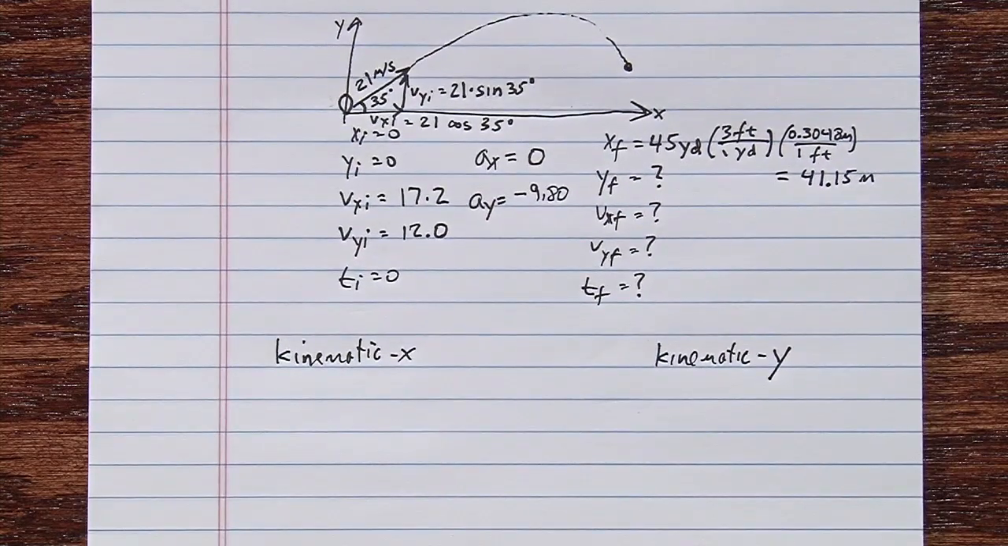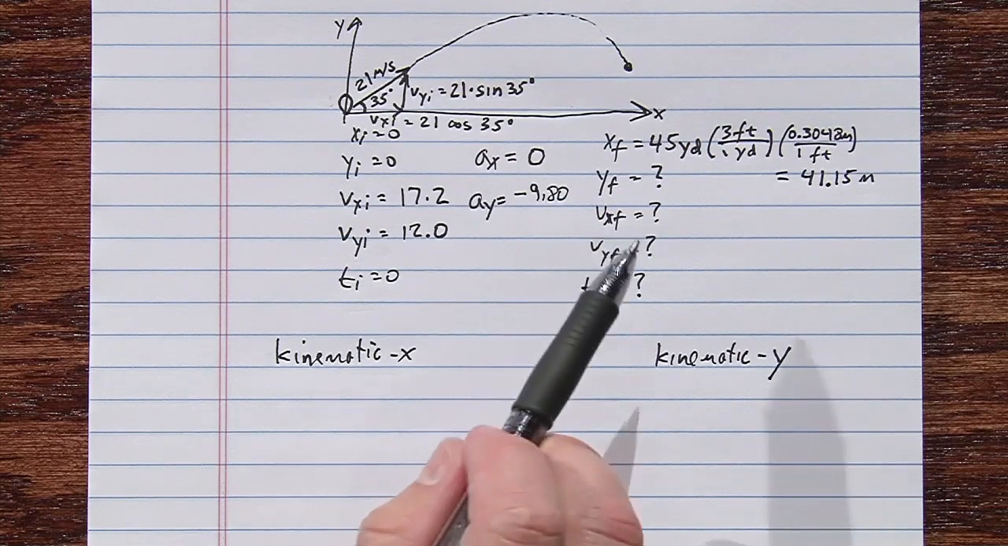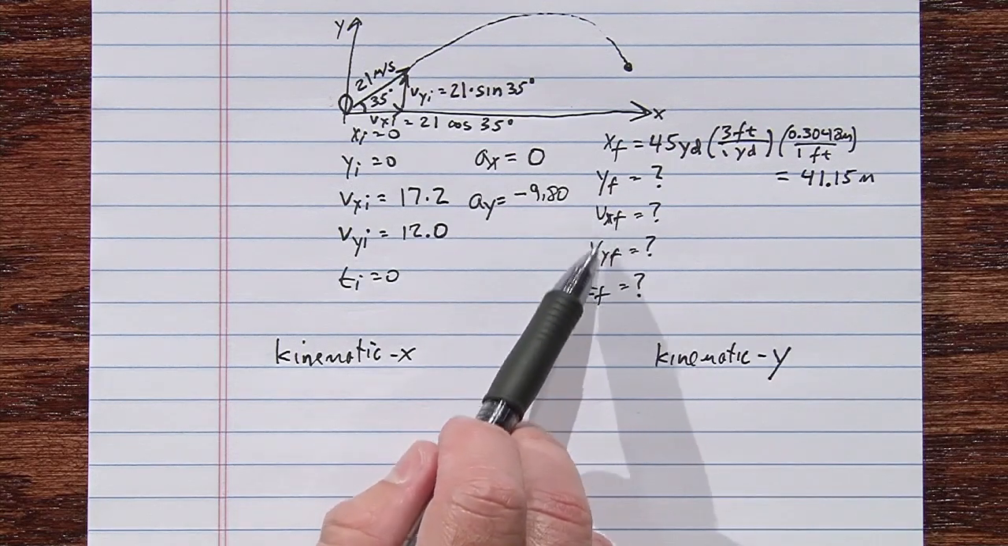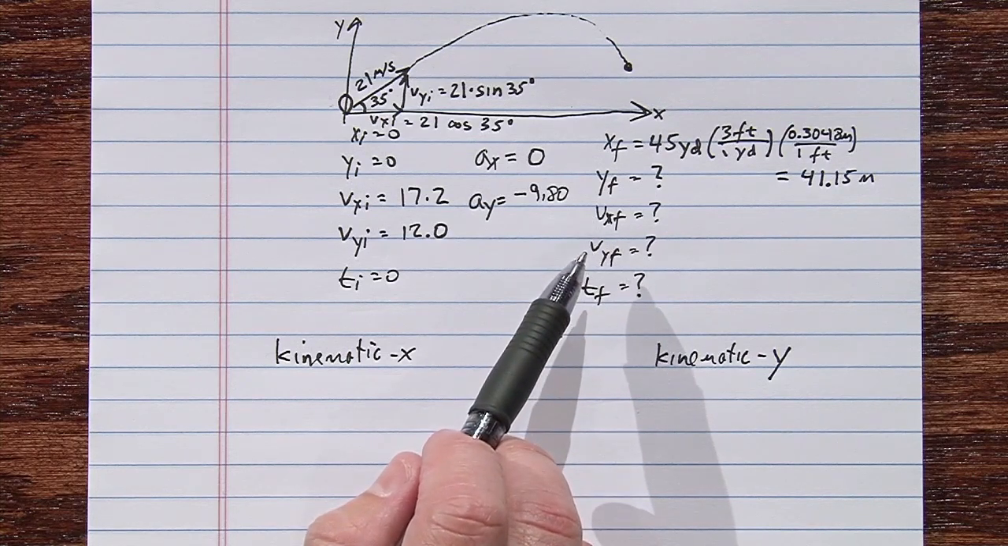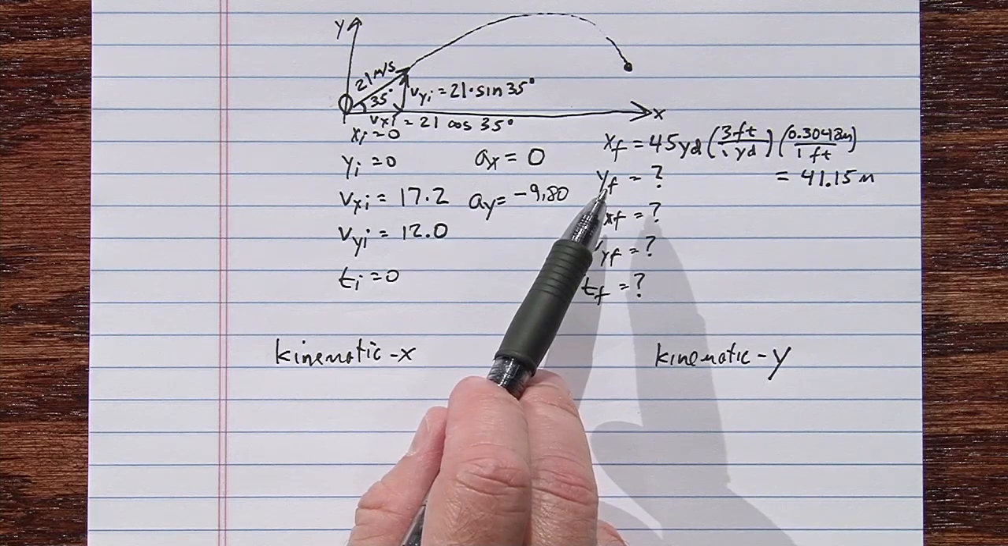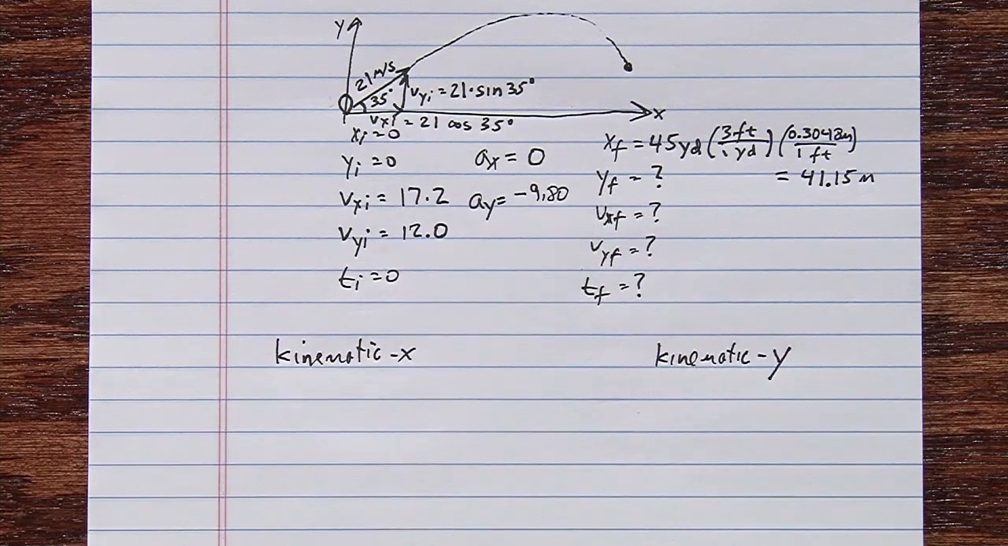Now, we don't care about the final X velocity and the final Y velocity. We don't need to know that. We do want to know what Y final is. So we're not worried about Vy final, but we do want to know the final height of the football. So we'll need the Y equation that doesn't have Vy final in it. And that is